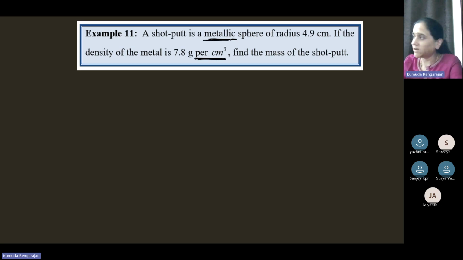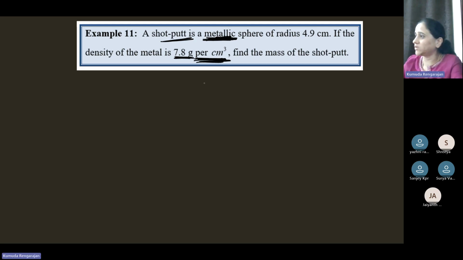The shot put is made of some metal, right? 1 centimeter cubed of that metal has a mass of 7.8 grams, is given to you. Like the fruit seller tells you, 1 kg of apples is 200 rupees. He will not tell you for 2 kgs or 5 kgs or 10 kgs. Depending on how much you want to buy, you can calculate the cost. Similarly here, 1 centimeter cubed of this metal has a mass of 7.8 grams. So you should find out what volume of metal is in the shot put,